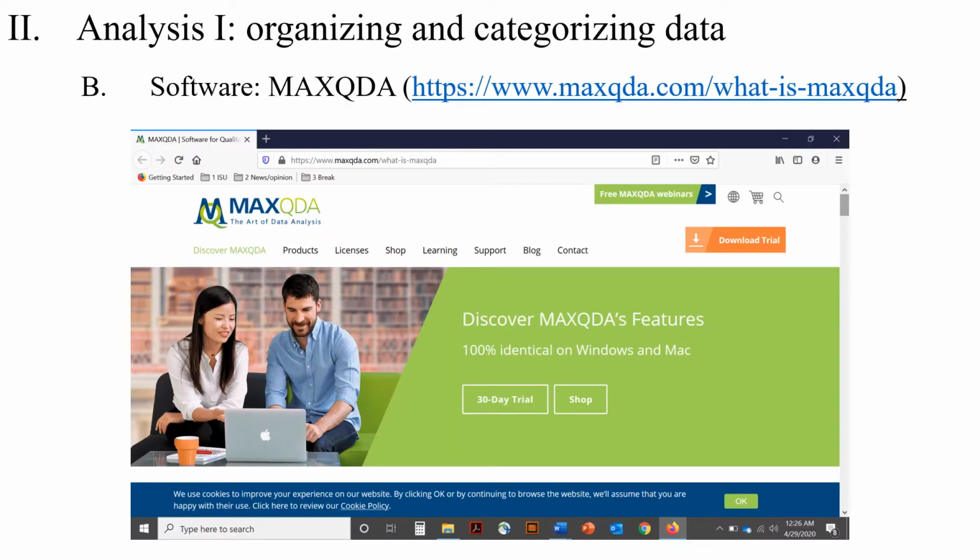And next semester, Maria Schmeckley, last semester, she used it. Next semester, I bet money she'll use it again. She loves it. It's MaxQDA. And if you go to that URL, you'll see this page. This is a screenshot of the top of their main page, just to show you. MaxQDA has been around a while. I think it was developed in the 90s. Certainly well before 2010. And it's probably the leading